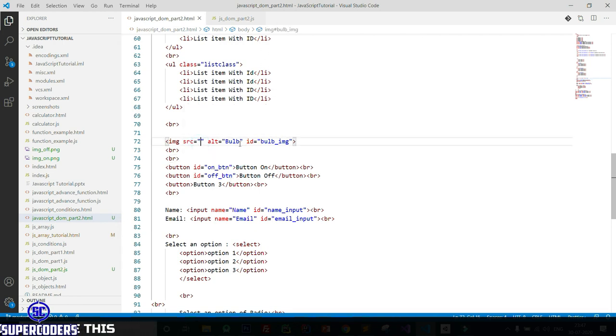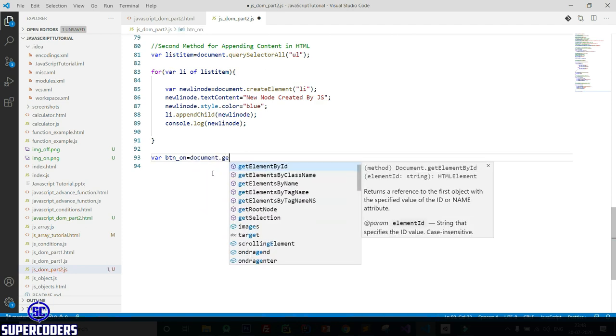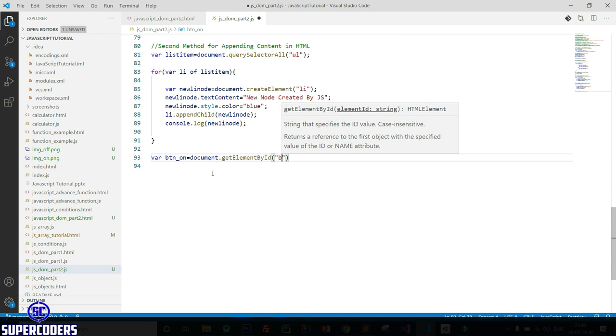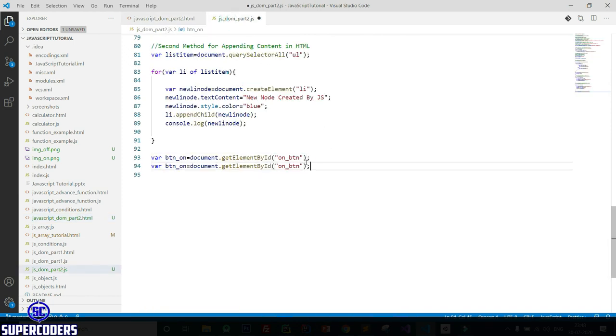Now let's do the next thing. By default I am setting img off. Now let's add an event for these two buttons. So come again, first access the button, where button on equal to document dot getElementById, then button, let's see the id, on button. Pass here, then button off and off. Now also access the image.